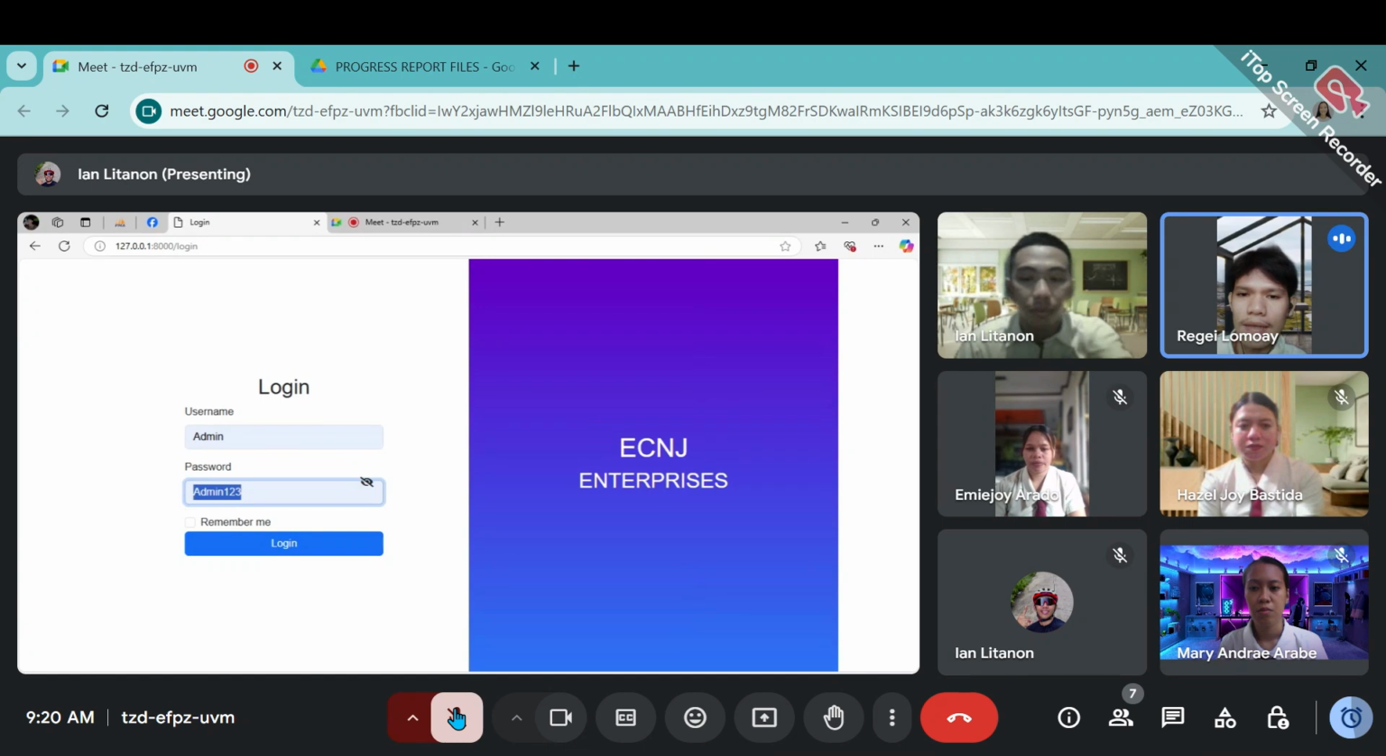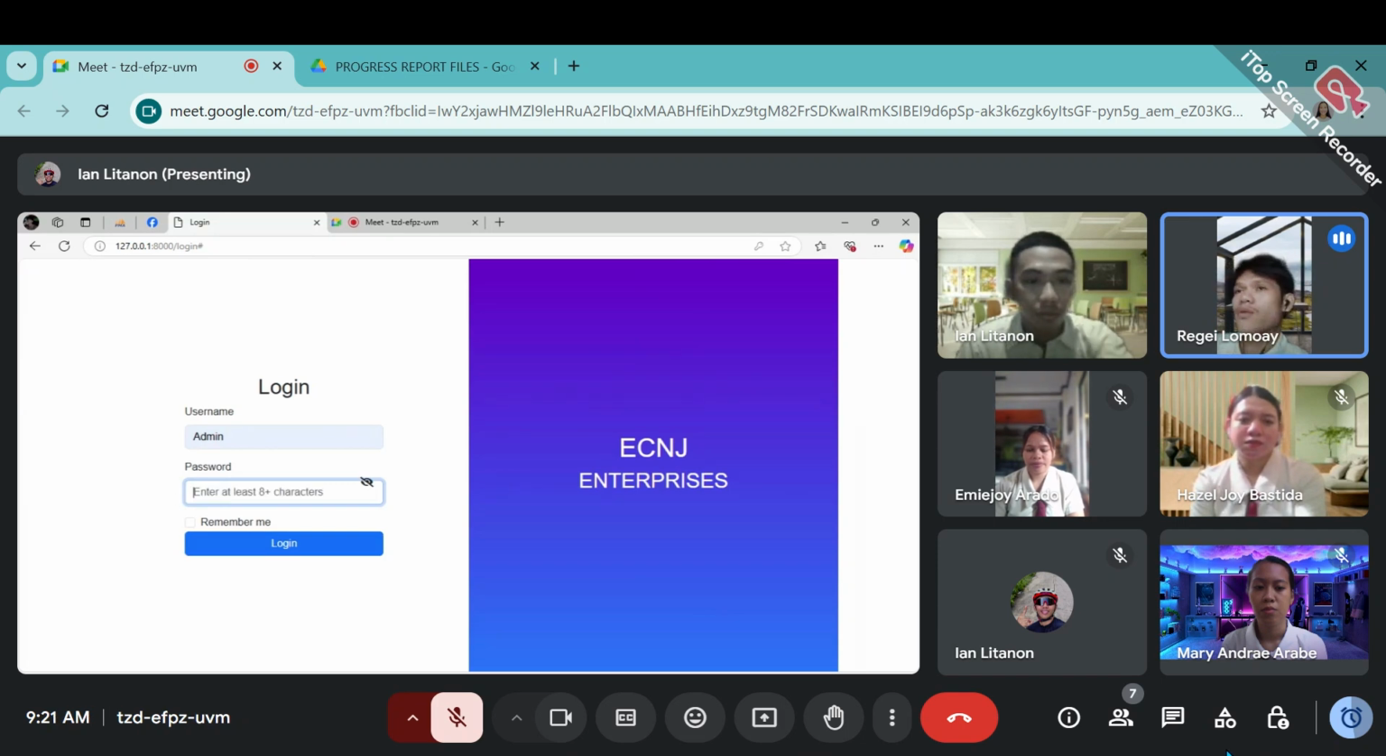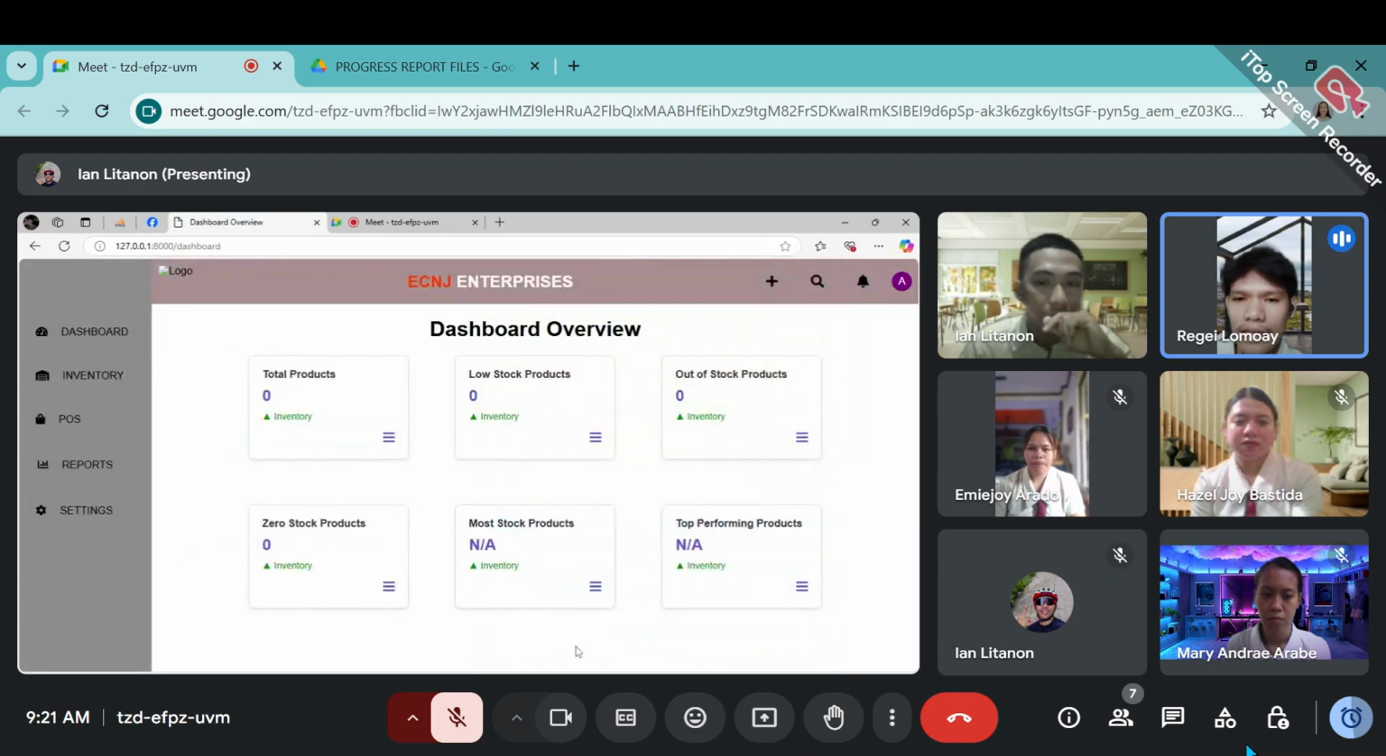So as we can see, the password is visible, and it can be made invisible. The password has been hashed. So yes, after we click the login, the user account was successfully logged in, and then we have here the